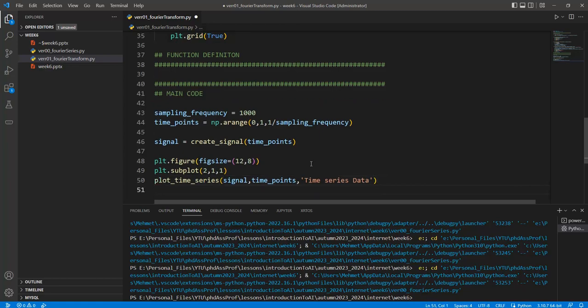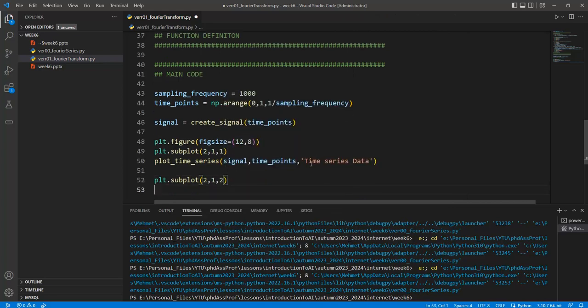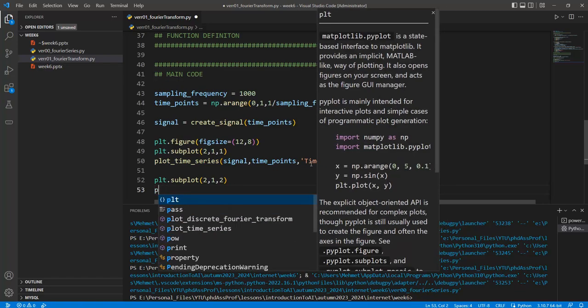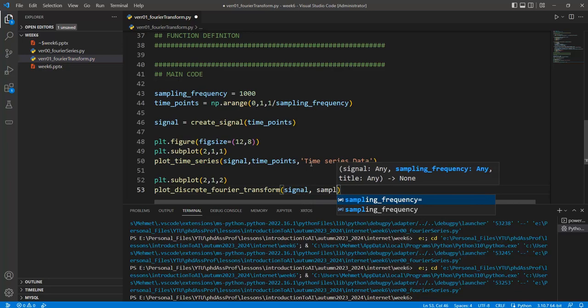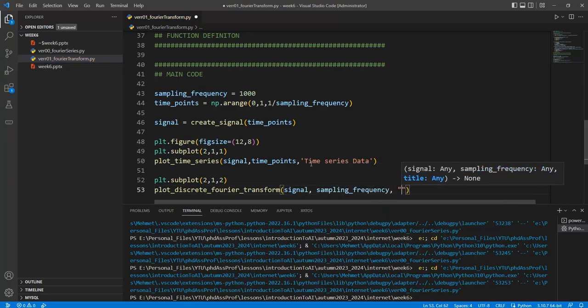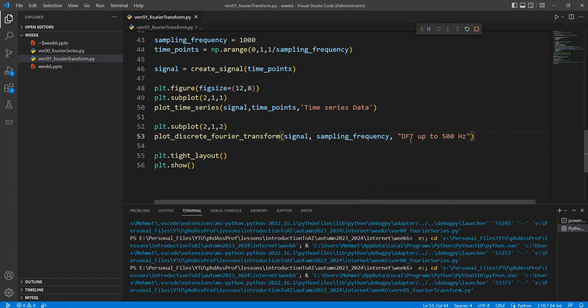Okay, and PLT subplot is 2, 1, 2. The second row is assigned, and so the plot discrete Fourier transform with the signal, sampling frequency and DFT, up to 500 hertz. After that, the PLT tight layout and PLT show must be given in here. And so, if I run this code,